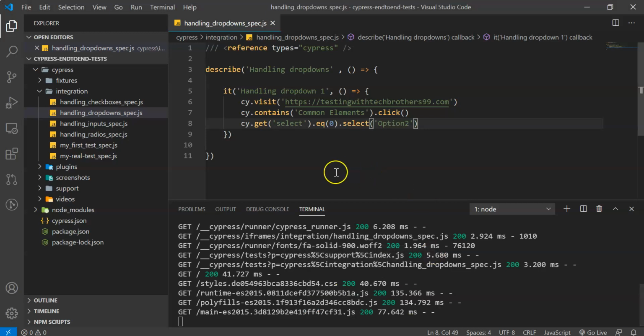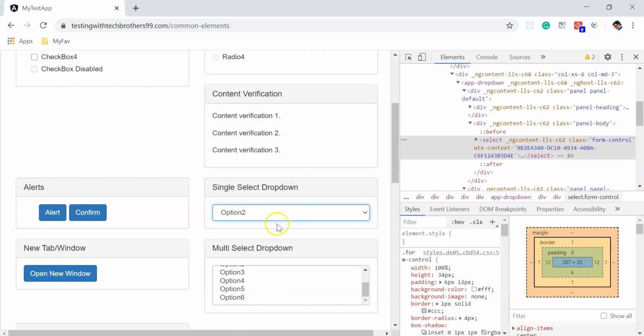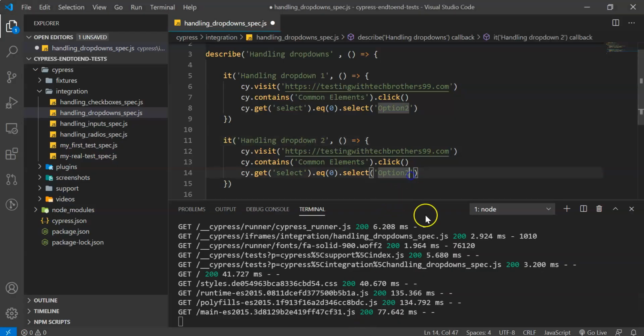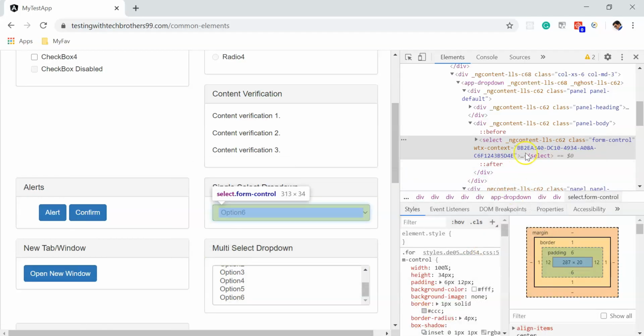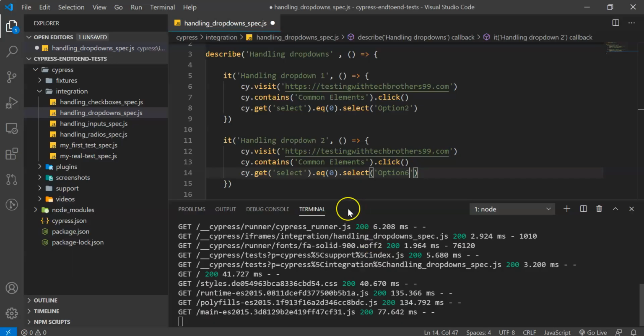And if you want to select any other option, let's see in the first one. Suppose if I want to select option 6 again here, so you can give option 6. Okay, but this time we will try with giving the value for the option. So I am giving a value of 6.